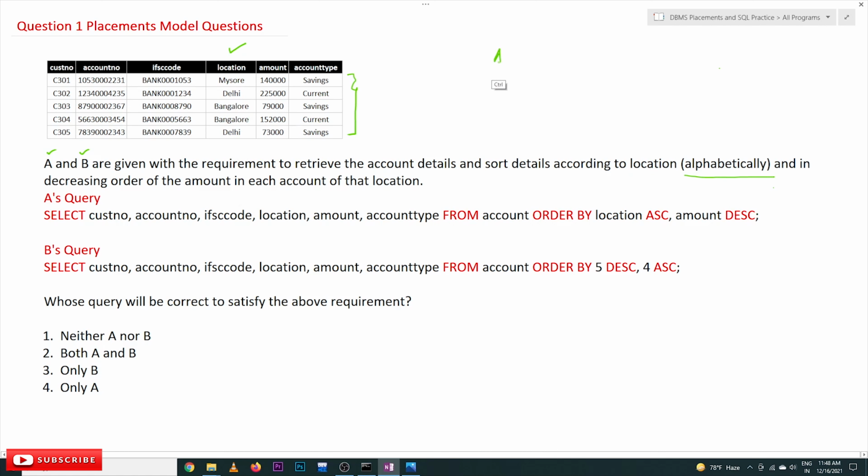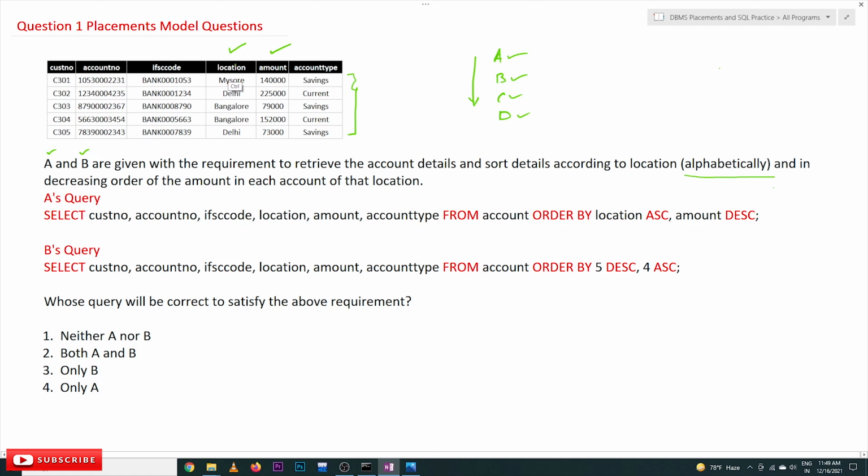In the sense, it states A, B, C, D. The location which starts with A has to be on the top, and next B, next C, next D. In that order the values are to be displayed, and the amounts have to be displayed in the decreasing order.